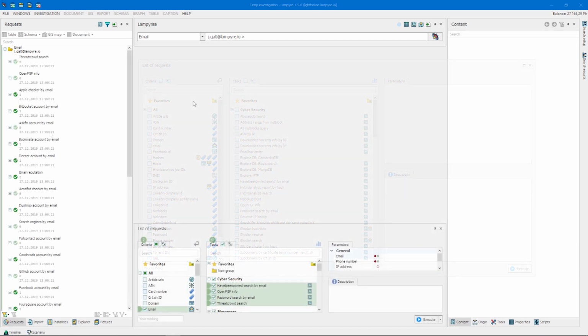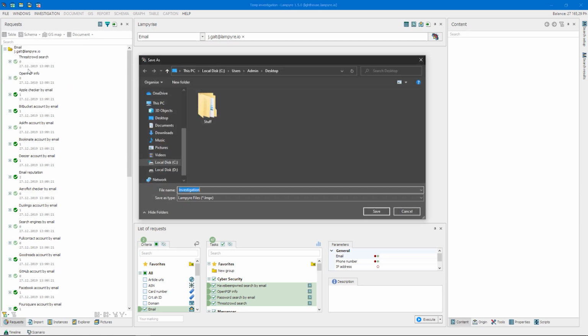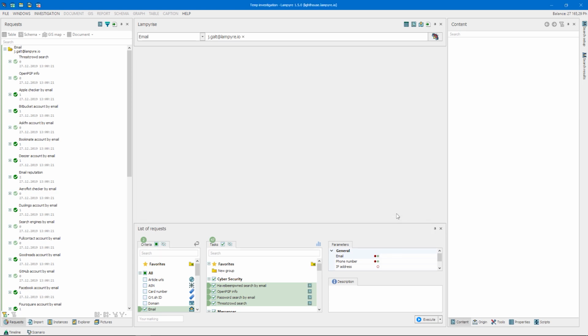I bet you already noticed that so far you haven't been prompted to save your investigation. This annoying thing in our previous versions when you really had to start working but were forced to come up with some name and some path for the investigation first. This is over. We got rid of that, so now you can first do your work and get some answers and then, at any time, save everything. Or not. This feature also saves you time and worry.